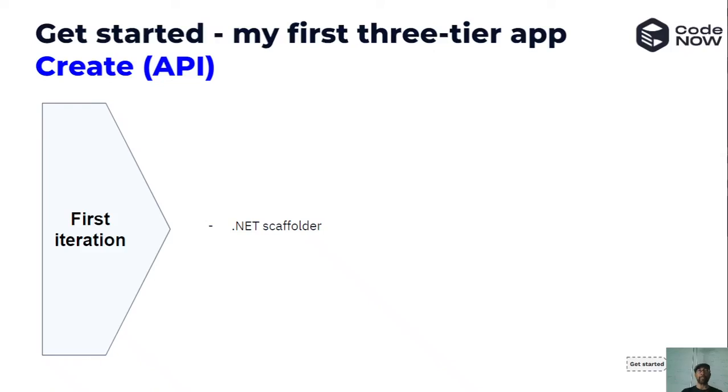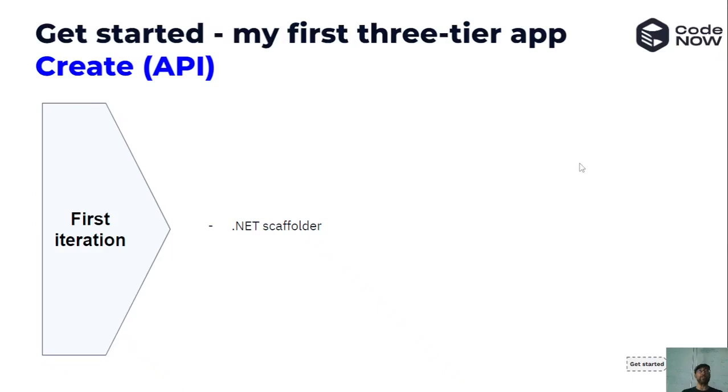We have created the database. Now we are going to create the API that is going to query that database. So what API do we need? We said that we want to internationalize our game. So we want to store in the database a dictionary, and then we want to